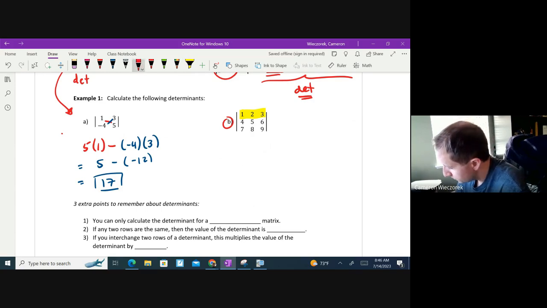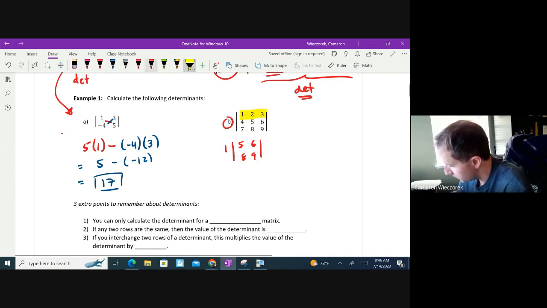First thing I'm going to do is take the number 1 and multiply it by the determinant of what's left over when I cross off row 1, column 1. So that would leave me with 5, 6, 8, 9. And we'll compute them individually in a minute. Okay, next up,